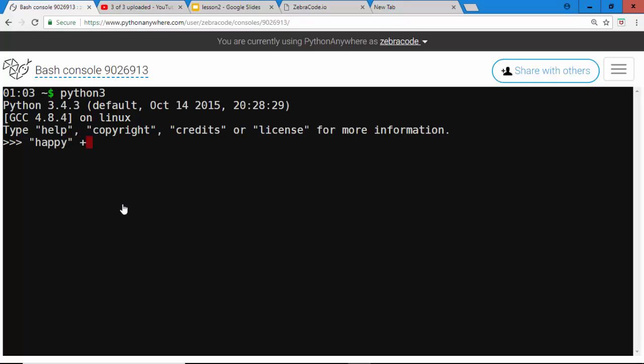Let's type in a string, hello, or happy, and we know it's a string because of the double quotes or single quotes. We can use either. We just need to be consistent. And let's do happy and concatenate it with two strings, happy and clown. Now notice there's a space at the beginning of clown,